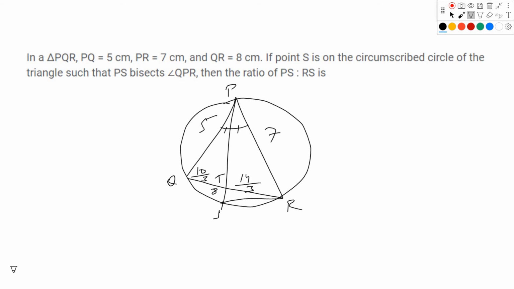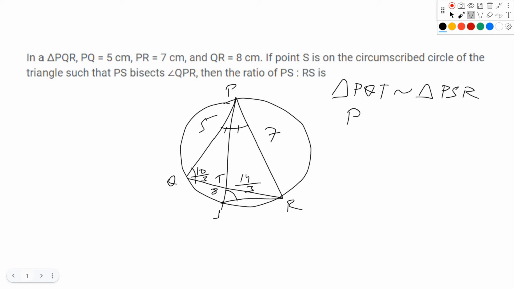Now, if you look carefully, angles from the same segment in the circle are always equal. So angle Q is going to be equal to angle S because angles from the same segment are always equal. Angle QPS is given to us as equal to angle SPR. So what we can say is triangle PQT is going to be similar to triangle PSR,